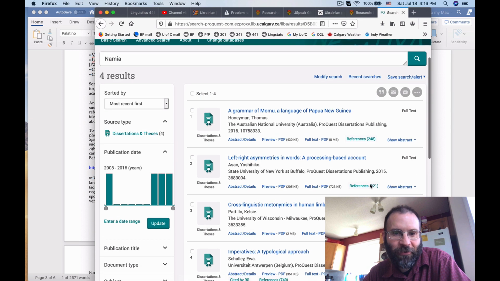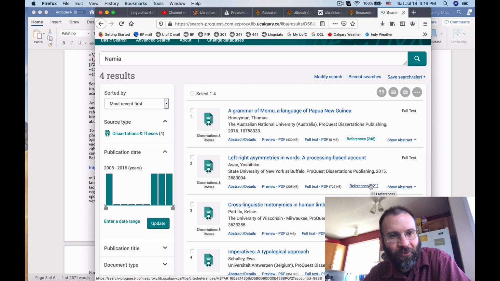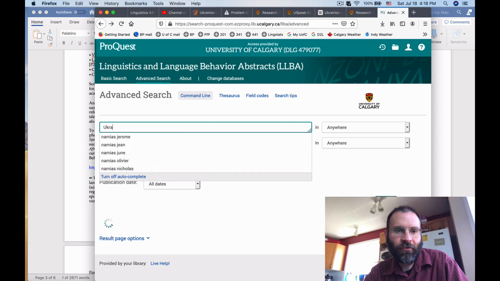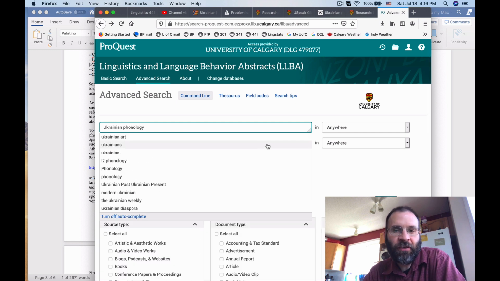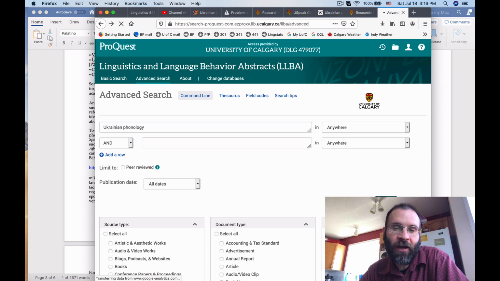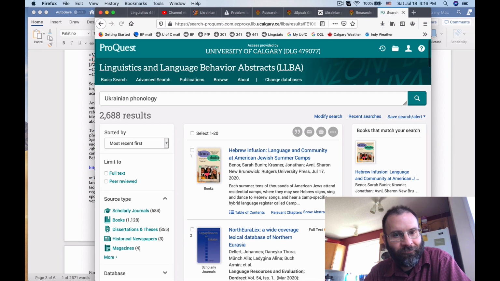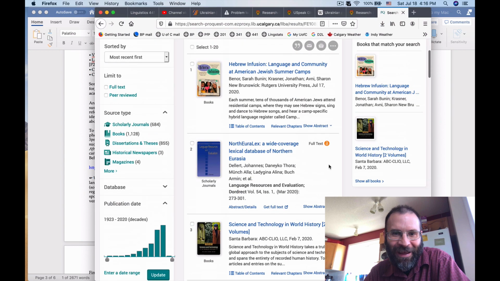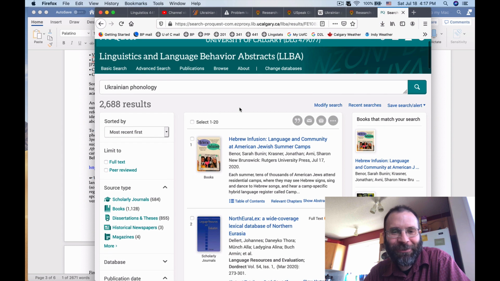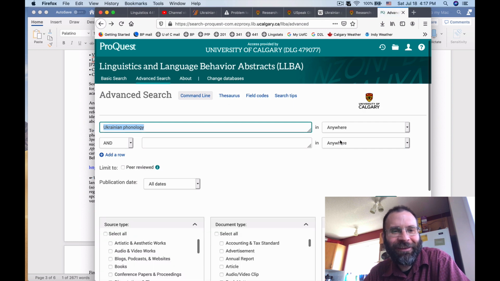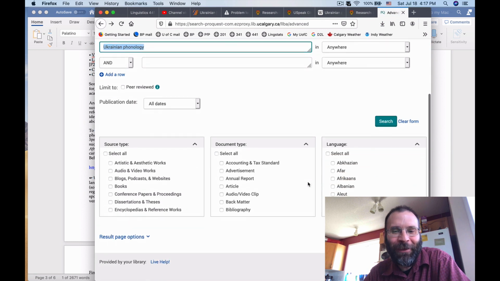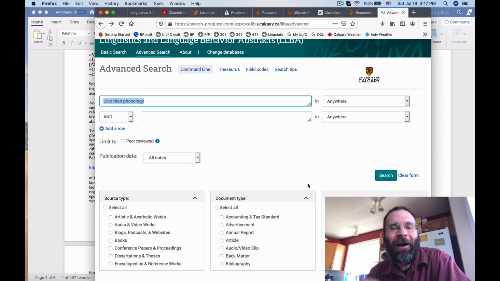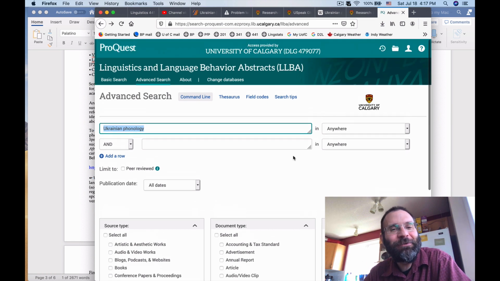This will give you some information or published journal papers about the language you might be interested in, and you can learn a lot from this. Obviously, it's kind of the source of our foundation of language knowledge. Okay, this isn't super accurate. If I search Ukrainian phonology, it should tell me about American Jewish summer camps, but what do you know? So you might have to tweak through that a little bit to find what you're looking for. But this is another resource you can use, and you might have to be persistent at it. But just so you know,